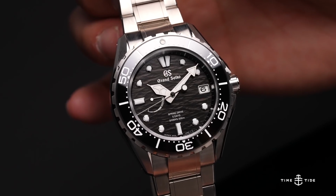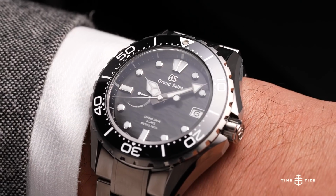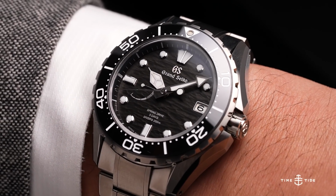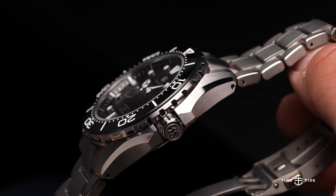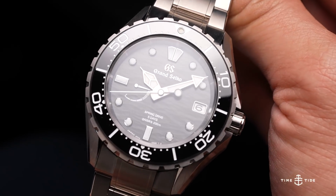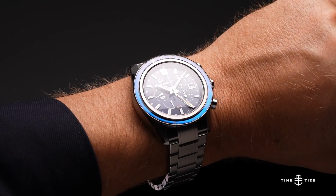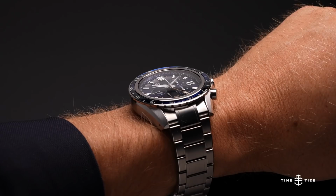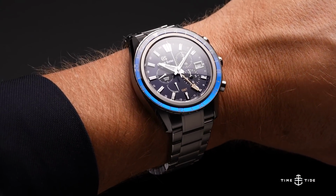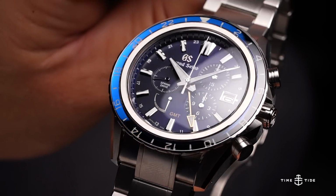That being said, the other watches in the Evolution 9 collection, still very, very reliable, awesome spring drive movements. 72 hours of power reserve is certainly ample weekend proof. And of course, you know, highly accurate. They say within a second a day. One of the chronographs is actually, the limited edition, regulated within half a second a day, specially adjusted as they refer to it. But to be frank, I've seen all of my Grand Seiko spring drives run within half a second a day. So expect some supreme accuracy. Now,